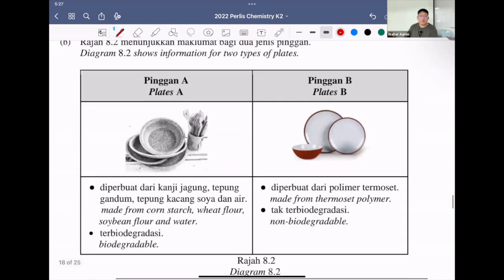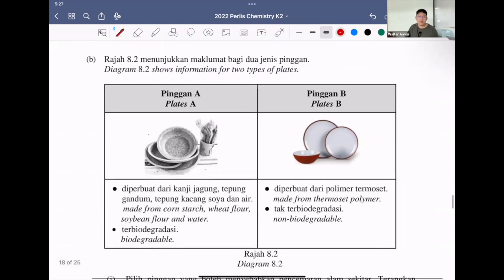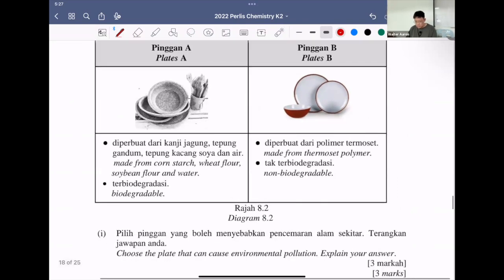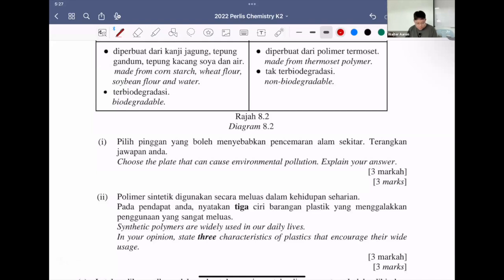So B, diagram 8.2 shows the information about 2 types of plates. We have one which is made up of cornstarch, wheat flour, soybean flour, and water, and is biodegradable. The other one, B, is made from thermoplastics or thermosets, and is non-biodegradable. So choose the plate which can cause environmental pollution. Explain your answer. I think it's very obvious that it's B. You can list down any harmful effects of B. So you can put here B because the plastic material